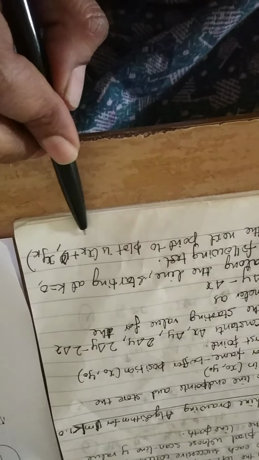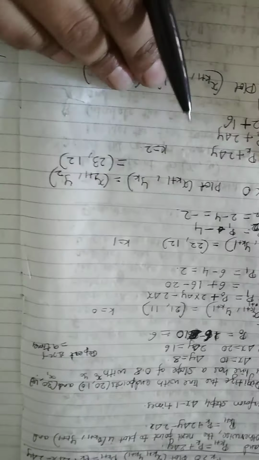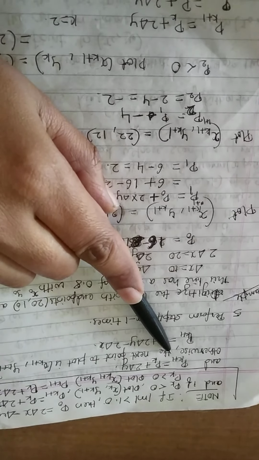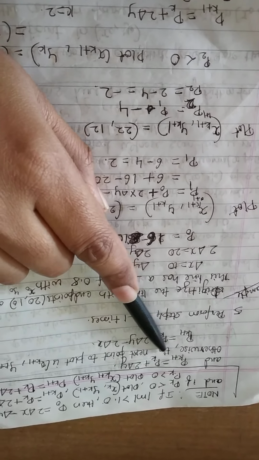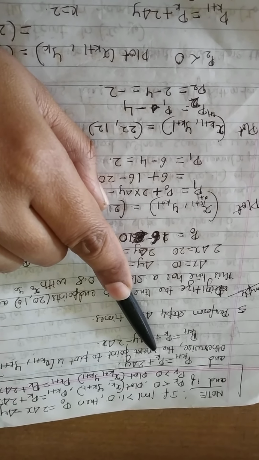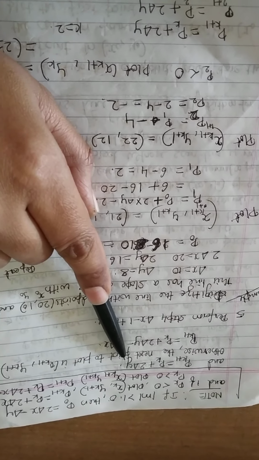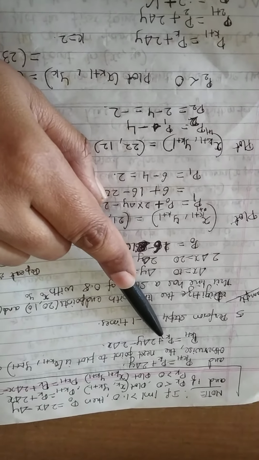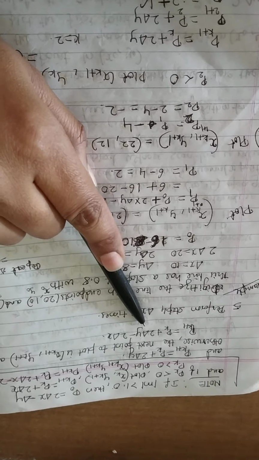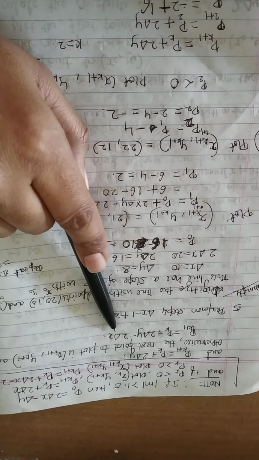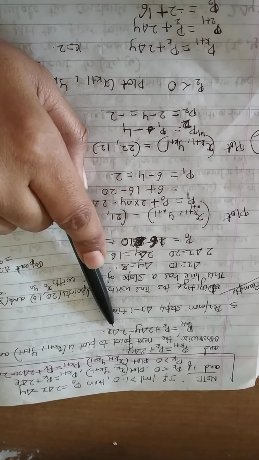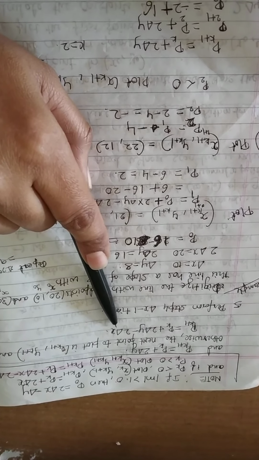And then once you have decided the points to be plotted, again you need to recalculate your decision parameter. So if your pk is less than 0, your decision parameter is calculated this way: pk plus 1 is equal to pk, that is your previous p0, plus 2 times delta y. Or if your pk is greater than 0, then your decision parameter is calculated as pk plus 2 times delta y minus 2 times delta x. And this process keeps on repeating. So till when does this process repeat? Till you basically reach your endpoint.